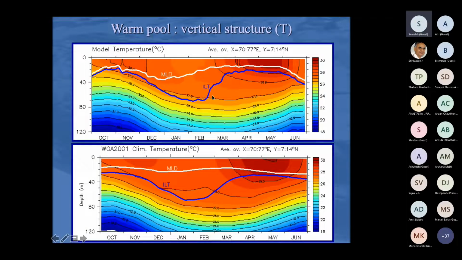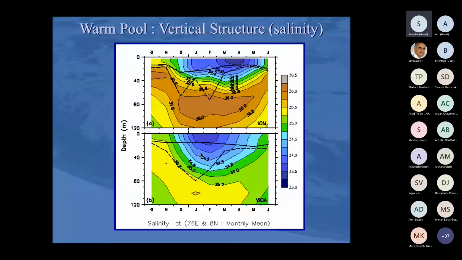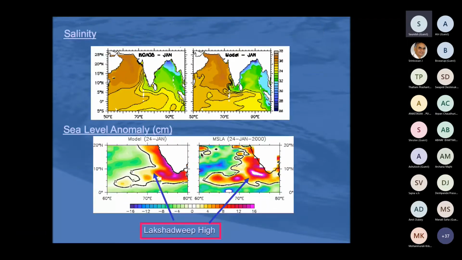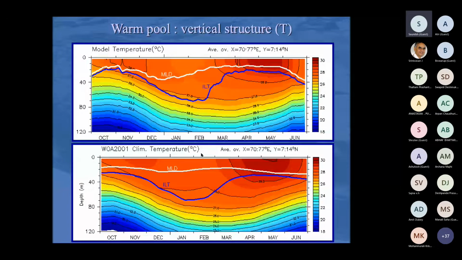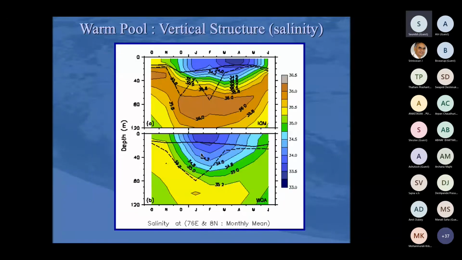So the difference between these two gives you the effect of salinity, and that is given as barrier layering. So the model is also able to reproduce this thickness of the barrier layer. Of course, the small undulations are there in the model, which is not there in the data. So on the whole, the model is able to simulate the warm pool very, very well. So given that the model is able to reproduce it, we can use the model equations to understand